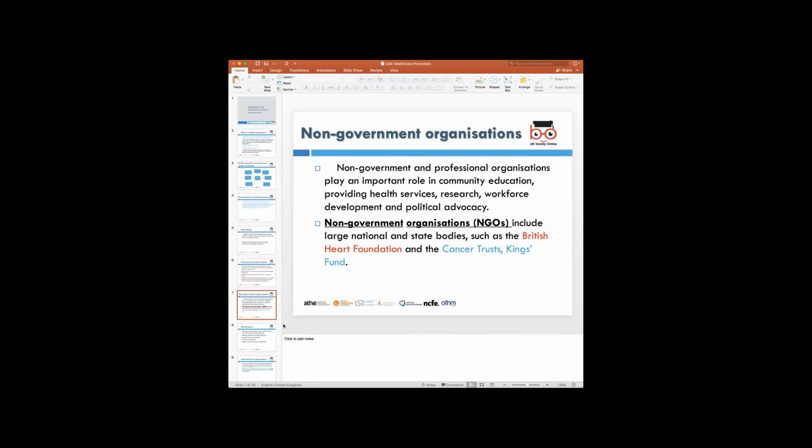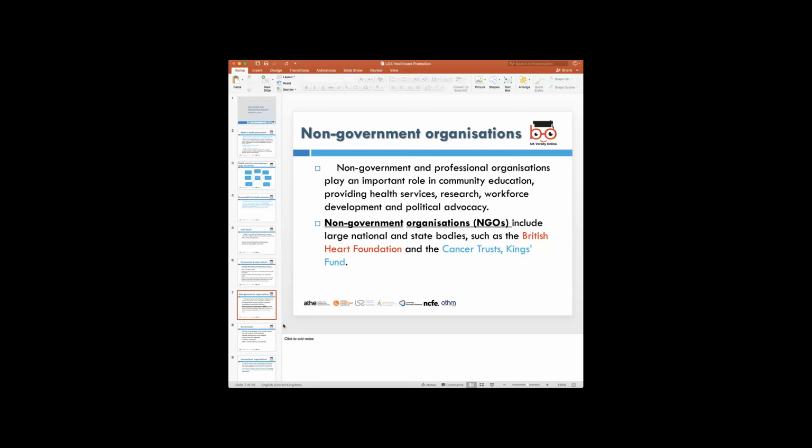So the non-government organizations, when we look at NGOs in particular, and we look at professional organizations, the bodies which work with the government to promote this message, their role is basically to work with some of the private-public partnership organizations to advocate. That means their role is to do a bit of research, a bit of data collection, and at some stage work in tandem with other organizations to advocate what are the basic things required to be done to provide this